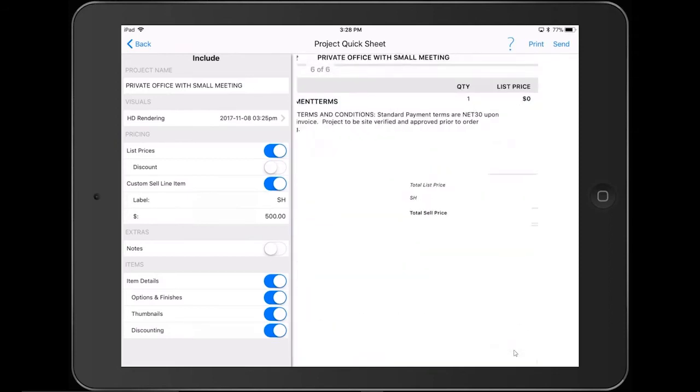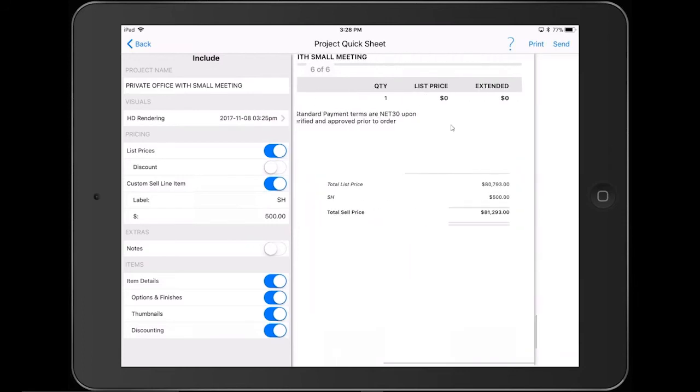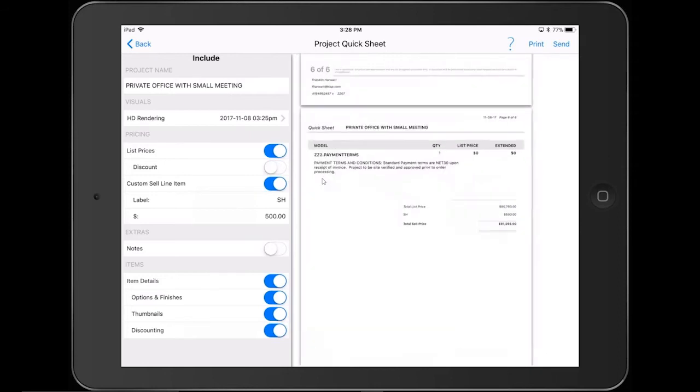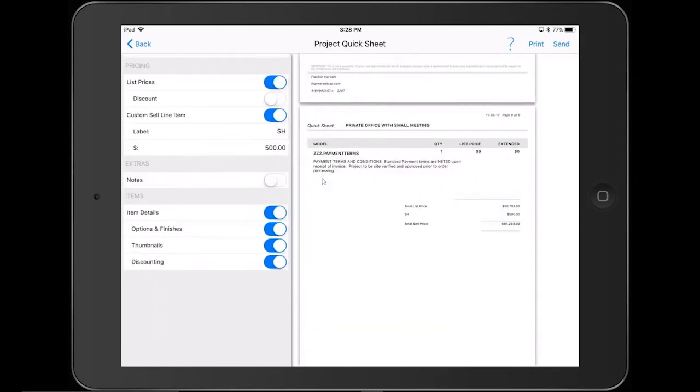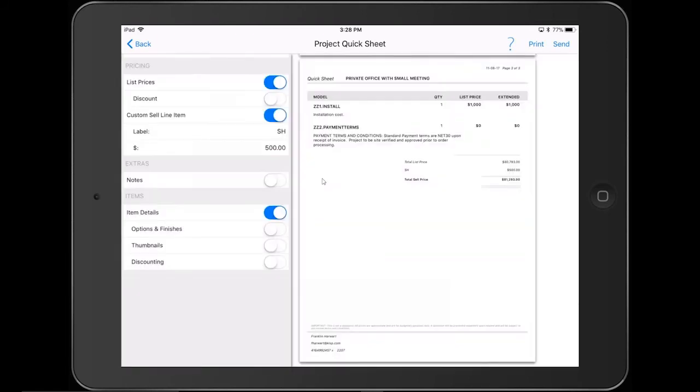However, my payment terms doesn't have one, so there's no pricing that carries forward from here, other than the fact that it provides a nice little note based on what our current terms are for any project that we work on. Okay, in case you need to protect your bid, you can easily remove anything you want to remove from your actual parts list. Here I can actually just show